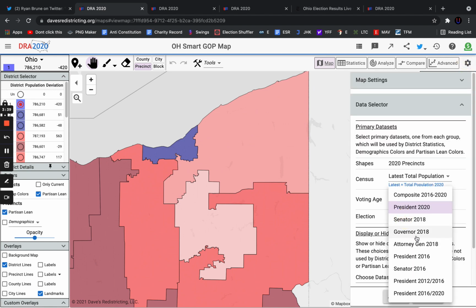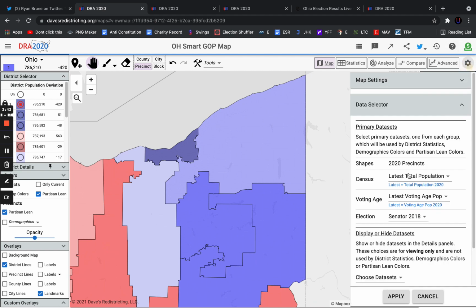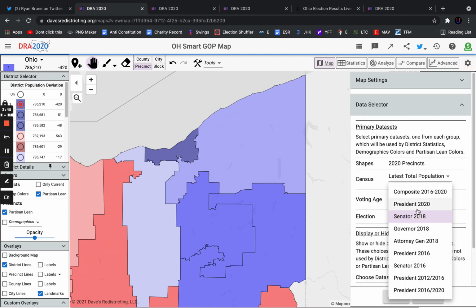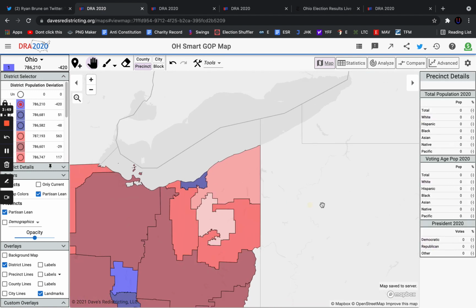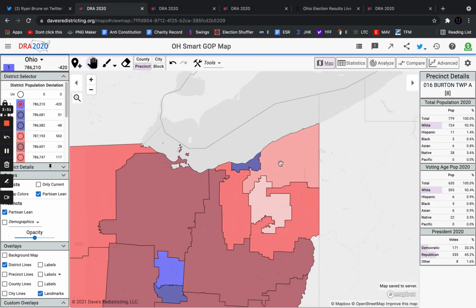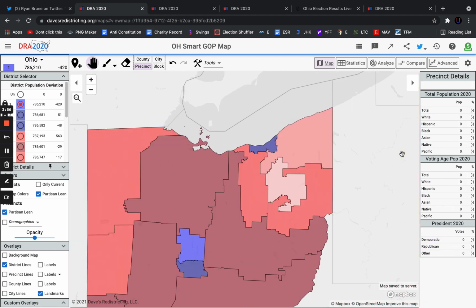I'll show you that it was a pretty solid Brown victory in 2018. But it's still an area that is trending away from Democrats, and unless they run someone like Sherrod Brown in a blue wave year, I don't see it flipping, and I think it would be getting more and more unfavorable for Democrats. Now, the 4 Democratic districts are this seat in Cleveland,